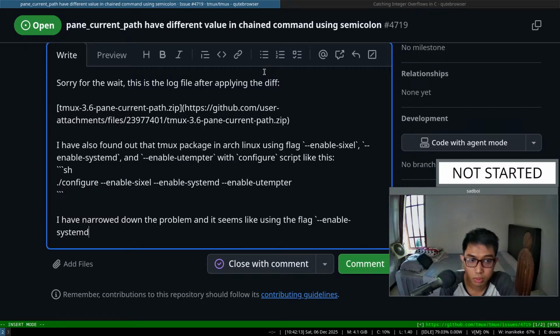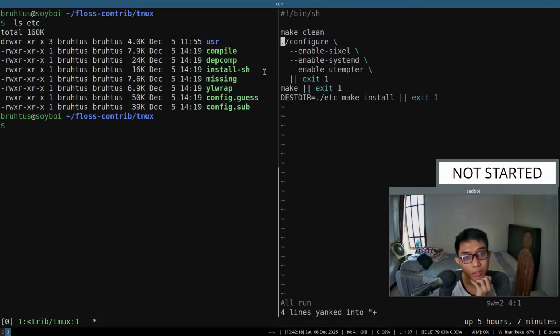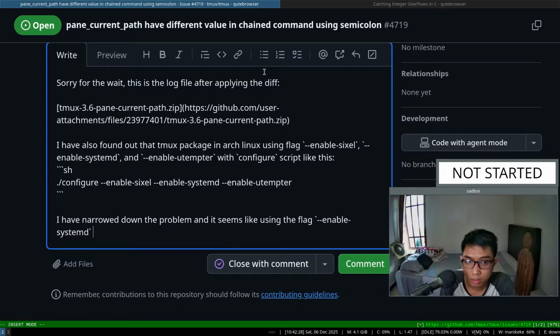Enable systemd. Using the flag ini. Here's how to